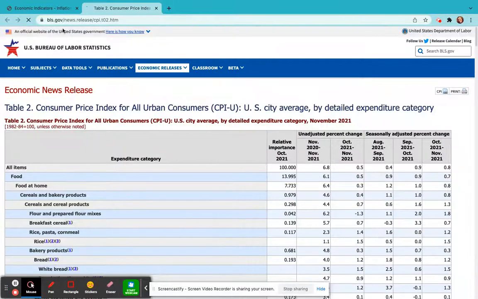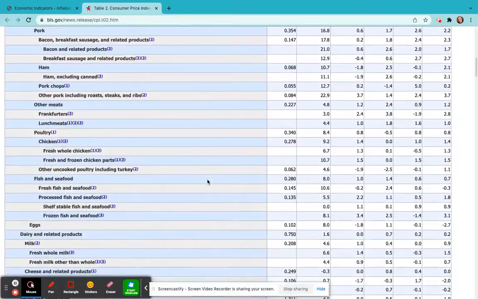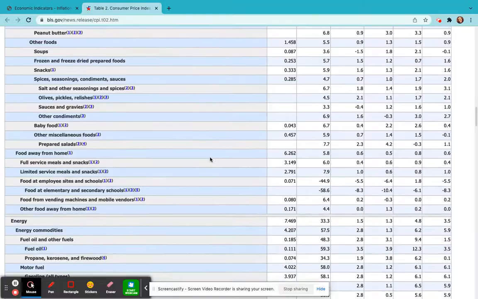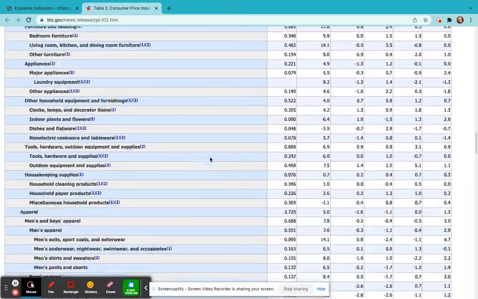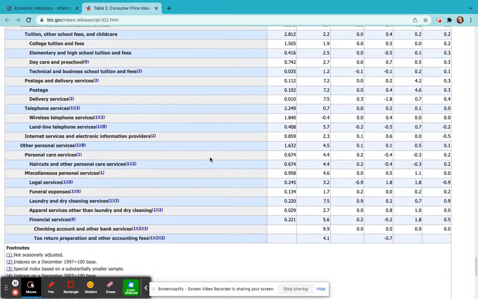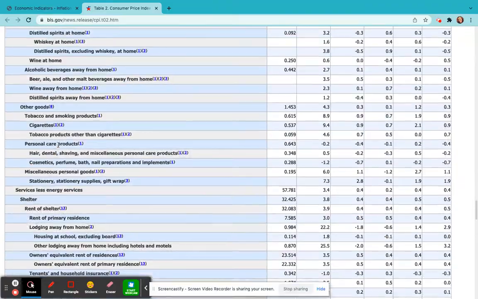If you click on this link, it will take you here, or you can use the link on the lesson page, and you can see all of the items that are used in the market basket that we look at the prices of every month, right? It's a long list and it covers all different industries. We don't want to focus on just one or two industries and leave out a bunch, because we're trying to get an overall idea of what's happening to prices of all things. It's called aggregate supply. As you're looking through here, you'll notice it gets specific in each of these areas as to what's being